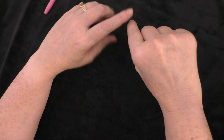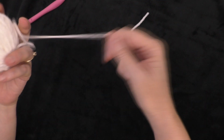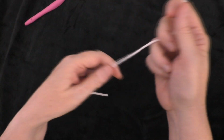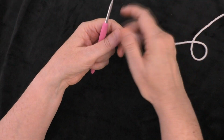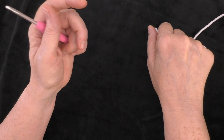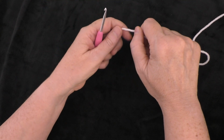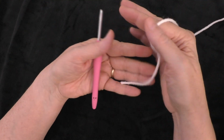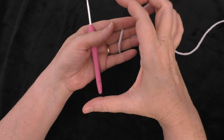So let's get started. The arms and the legs, the pattern is exactly the same. Let's get started, and I will show you how to make one of the legs. And then you will make a second leg and 2 arms exactly the same way, same pattern, same stitch count and everything. So take your white or your color B, whatever you want for the bottom part